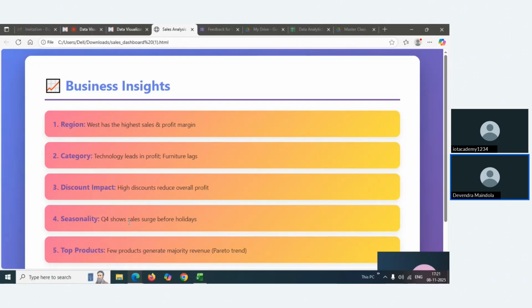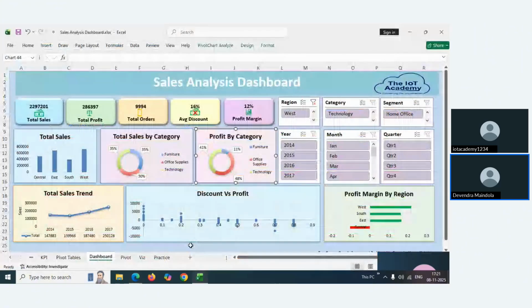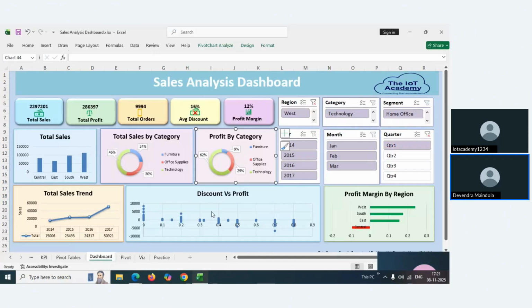Seasonality. Q4 shows a high sales surge before holidays. Okay. So let's say this one is quarter one, right? Quarter one sales means January, February, and March. Quarter two is April, May, June. So we can clearly see that in quarter four,